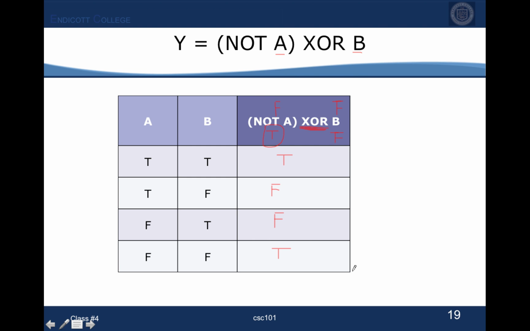Okay, so my truth table analysis would be these guys over here. But I might try to be a good person here and look at this and say, okay, so what the heck is this then, right? How could I sort of summarize when is it true and when is it false? Well, if you think about it, my result here is true when A and B are the same, and it's false when A and B are different. Okay? So there are ways of trying to summarize and make some logic, no pun intended, out of these